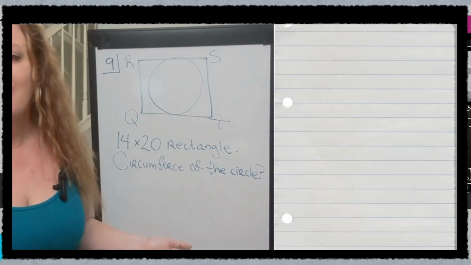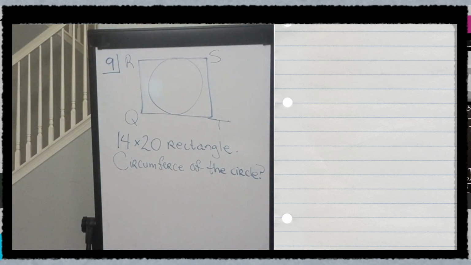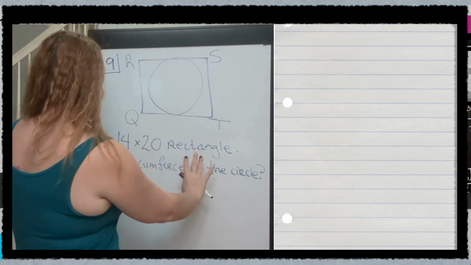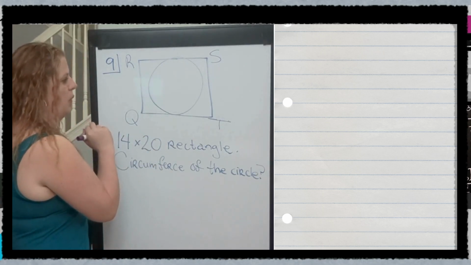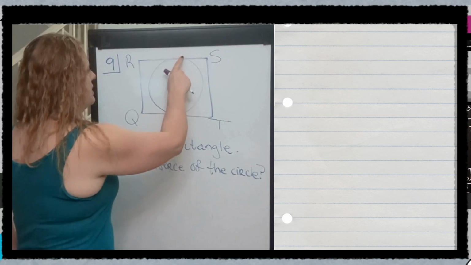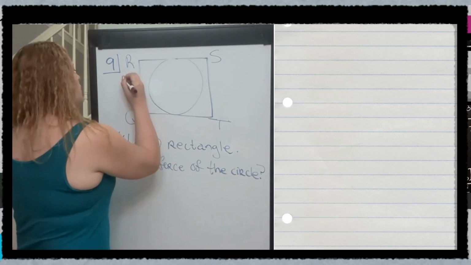Number 9. In the figure above, I'm reading this off of your paper. The circle is tangent to sides QT and RS of the 14 by 20 rectangle, QRST. What is the circumference of the circle? So our rectangle here is 14 by 20. You can tell which is the longer and shorter sides based on where they touch the circle. It should be touching it at the top just one time. So our 14,